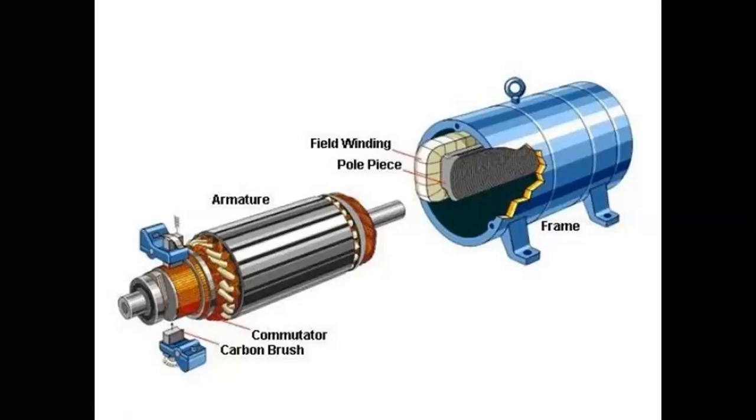So depending on how field winding is connected with armature winding, we have seen there are two types of DC machines. These are nothing but self-excited and separately excited. It means how we are connecting field winding with the armature. We are connecting it in parallel with armature, or we are connecting it in series with armature. Depending on how it is connected with the armature, there are two types of the DC machines. These are nothing but DC shunt machine, or the DC series. So we can say there is a shunt field winding, or there is a series field winding.